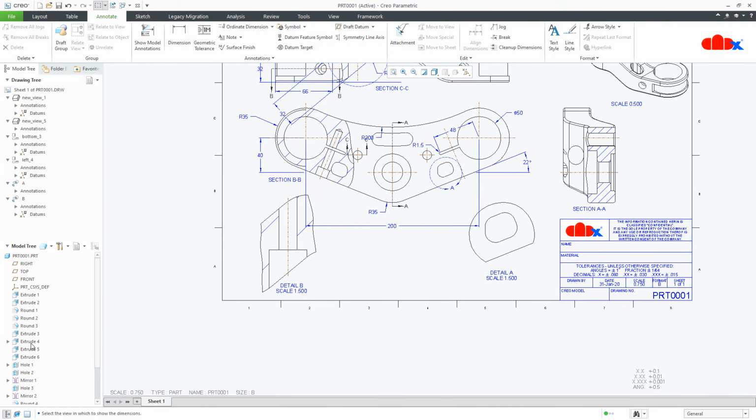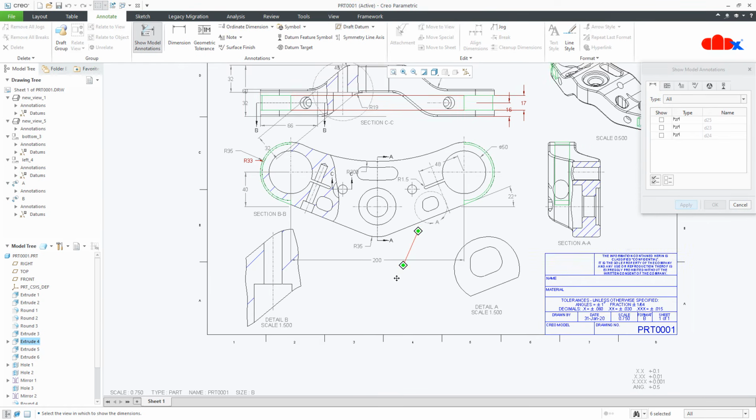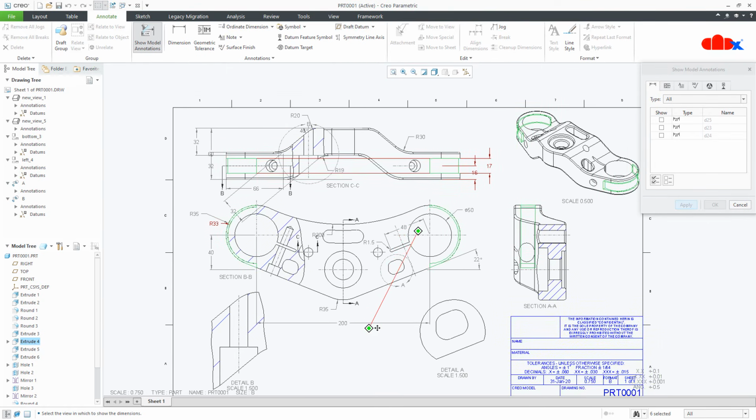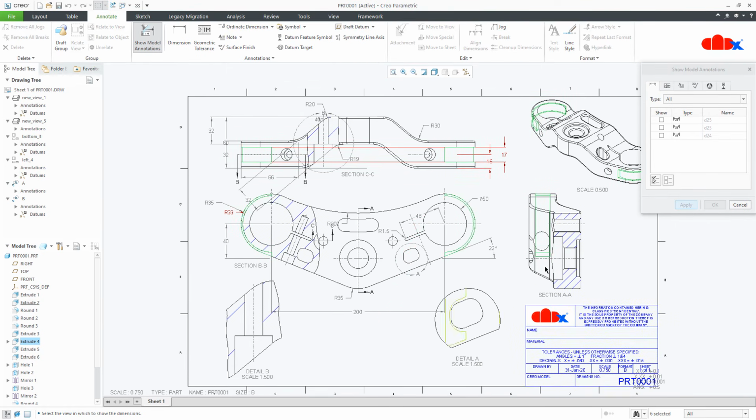Now the next feature, so right click, show model annotation, select all,